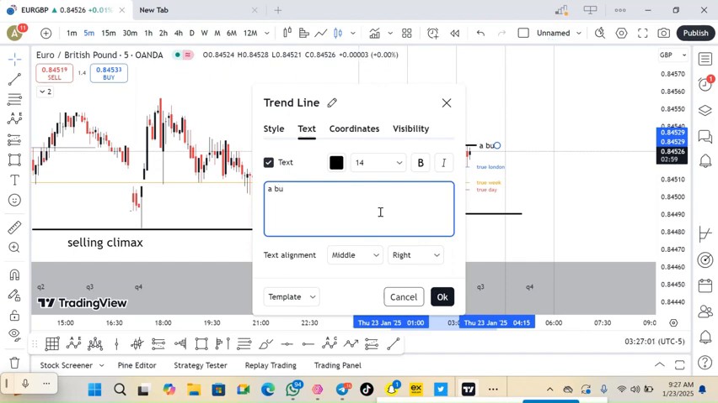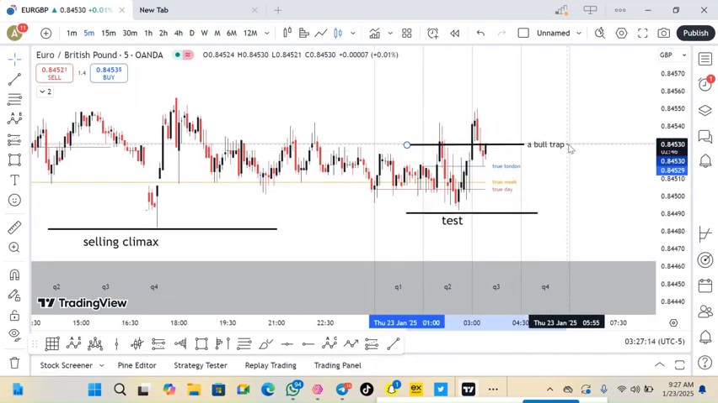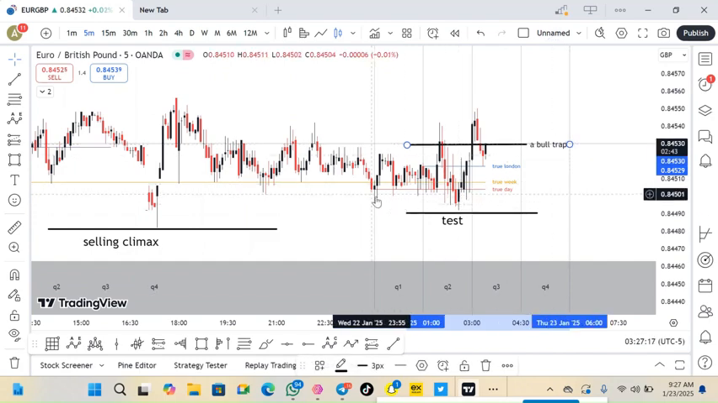This is a live example, guys. It's not a cherry pick. The trade is still on. A bull trap. So here's a bull trap. So what makes a bull trap? You can see the test came, even give sweep